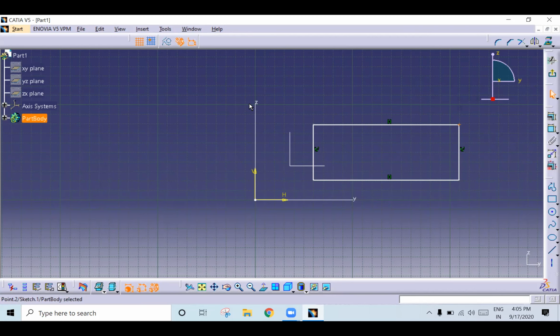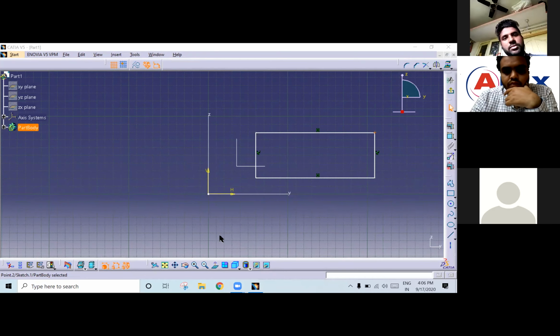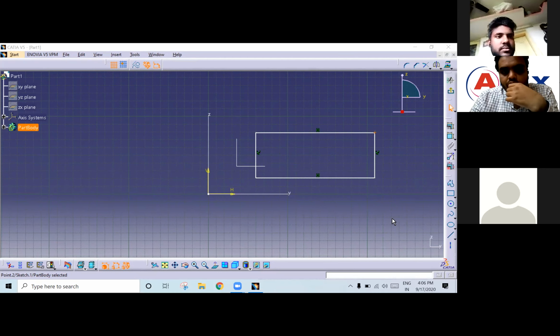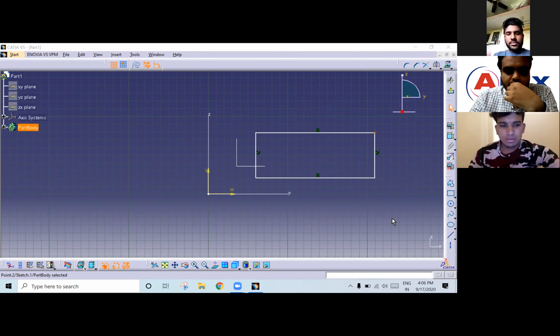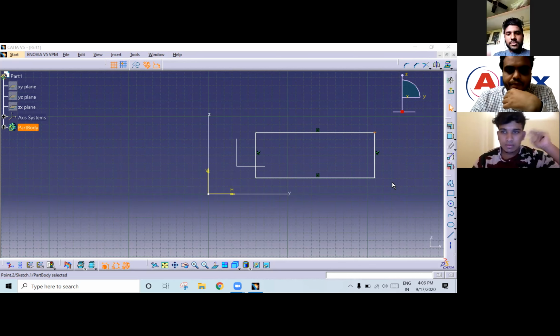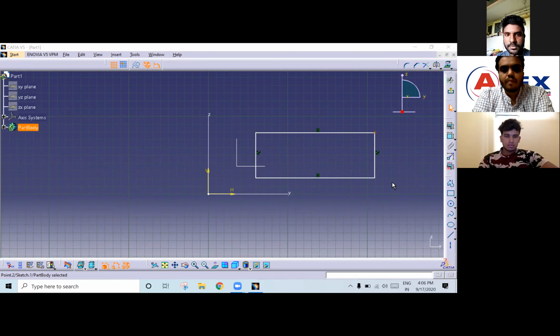What do you mean by constraint? Abhay, can you please switch on the videos? Controlling the limits or some reactions. Sorry, pardon. Controlling the limits. Okay, that is correct. So restricting the elements to move or rotate. Okay. So what is dimensional constraints then? What do you mean by dimensional constraints? No, sir.